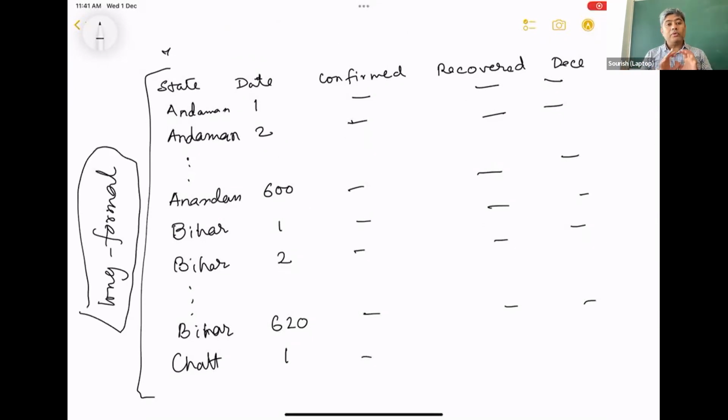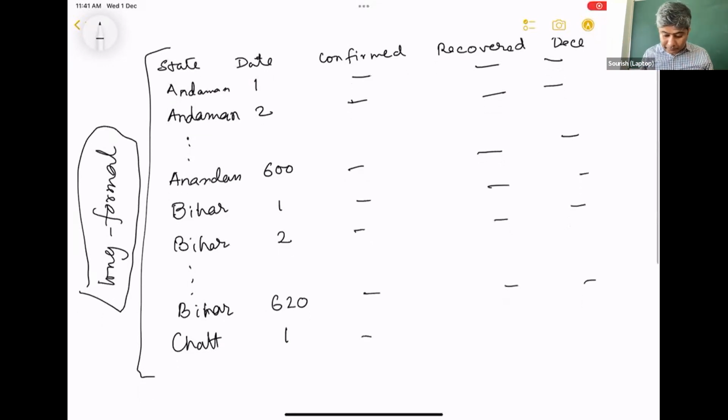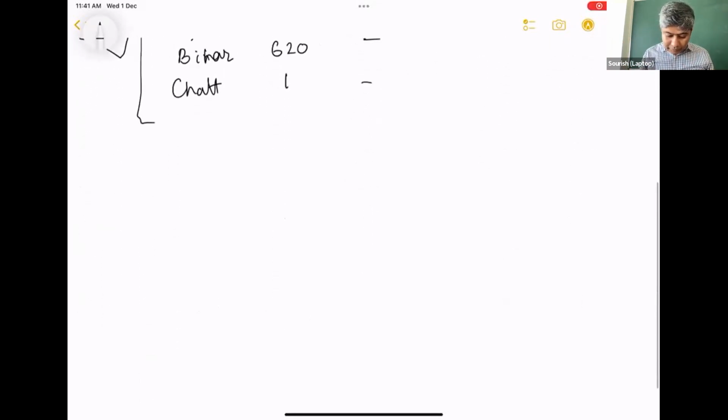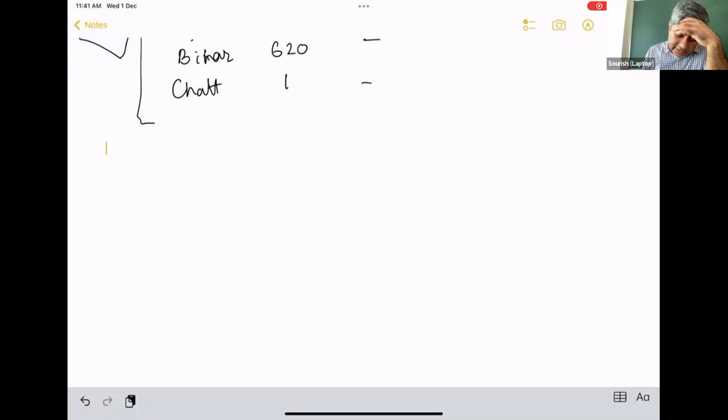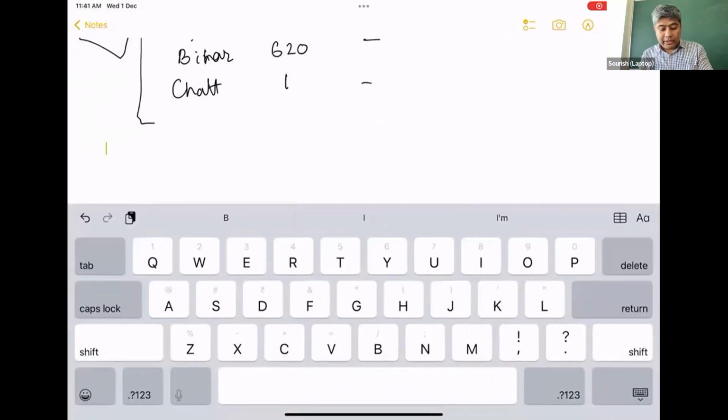Now we will talk about wide format. The same data we can plot as a wide format. How will we do that? One way of doing it is, sorry about that.